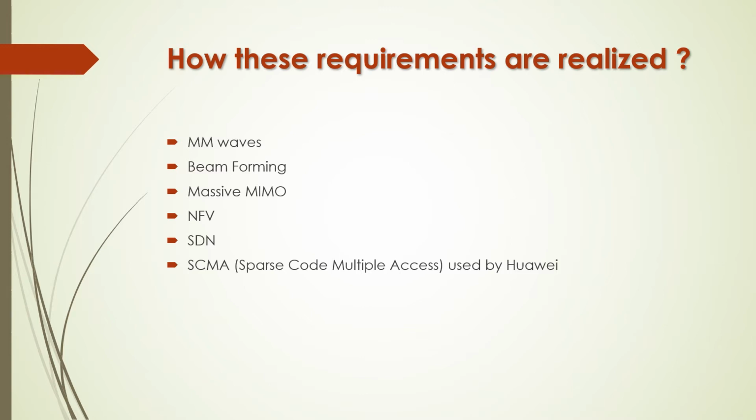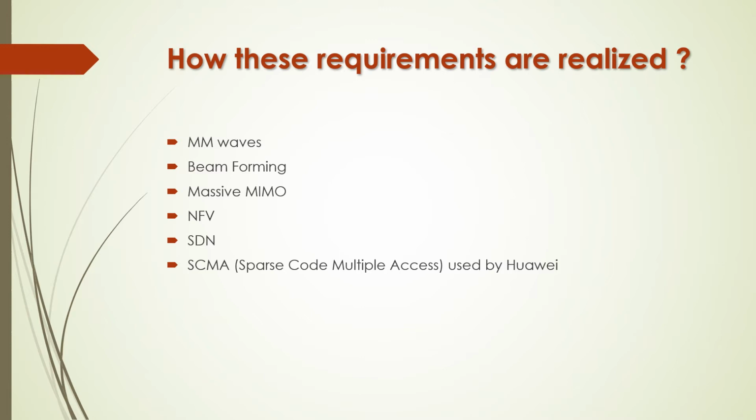Then the next technology is SDN, which means software defined networking. In this, we separate the control plane and forwarding plane of our networks, and we can program our control plane. The forwarding plane is the underlying hardware, and it can increase its capacity and throughput by programming at the application or control layer. So this is SDN.